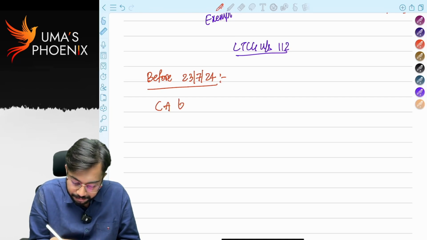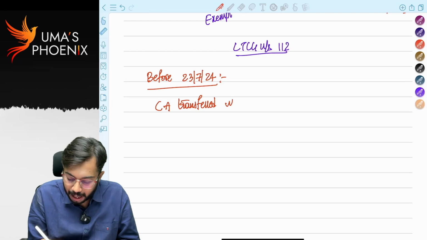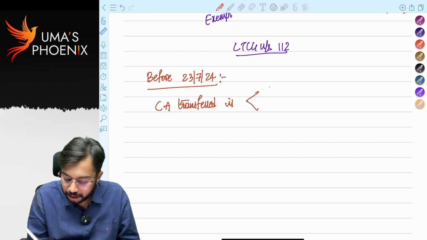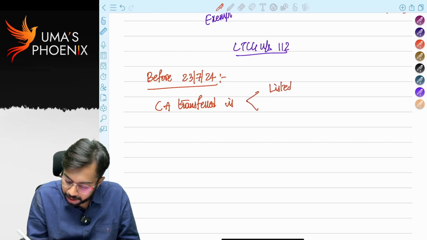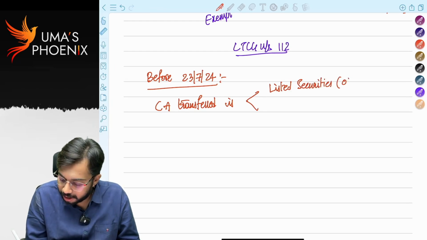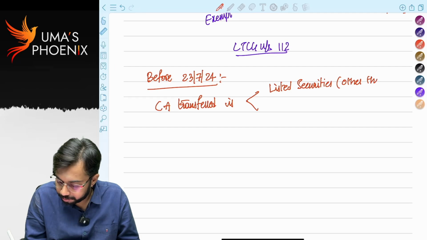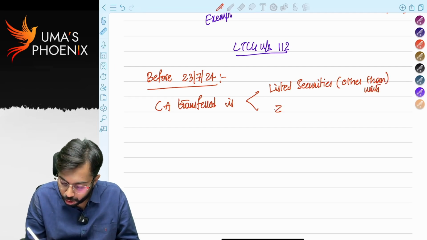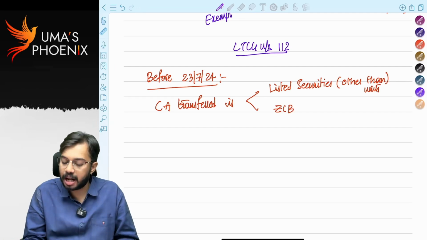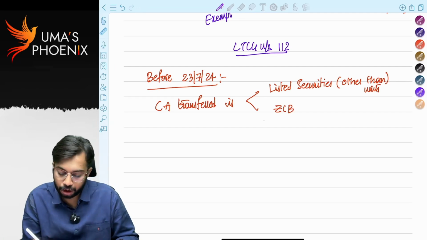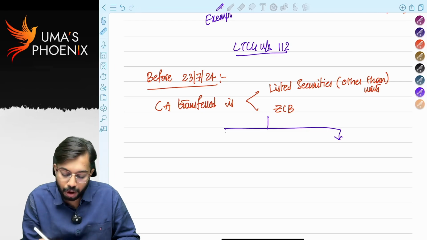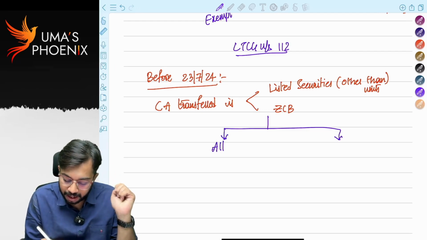If the capital asset transferred is listed securities other than units, or zero coupon bonds, then two alternatives are there. Alternative 1,